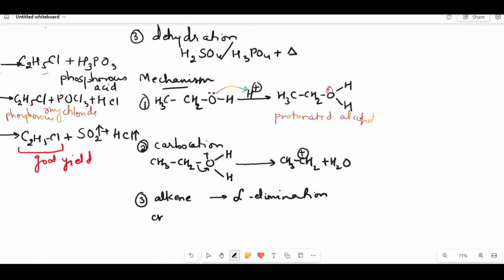Let us see this CH3, CH2 we have got from the second step, that now on heating